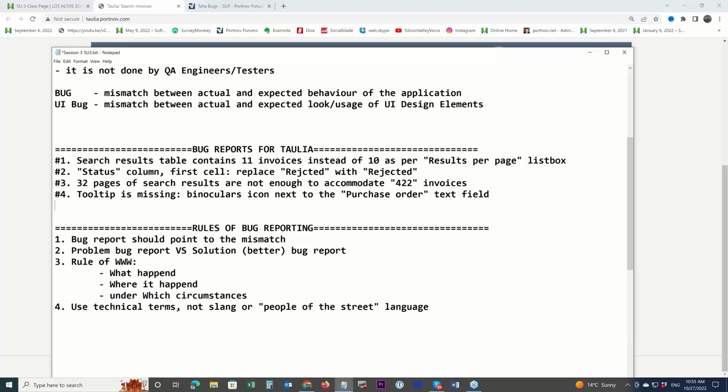Number 5. Definitely it is not looking kind of nice, that way. Amount column suggestion. I'm saying it is a suggestion. Okay. We will learn about severity of bug reports. Next session, we will talk about severity of bug report. And among severities, there is one called suggestion or enhancement.